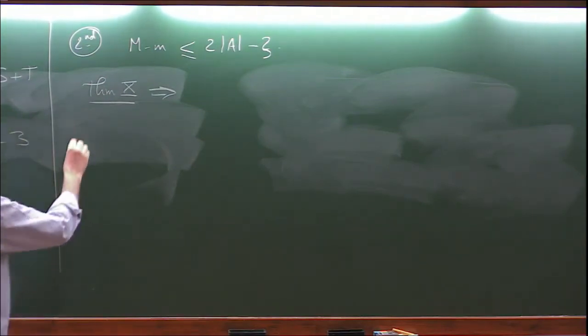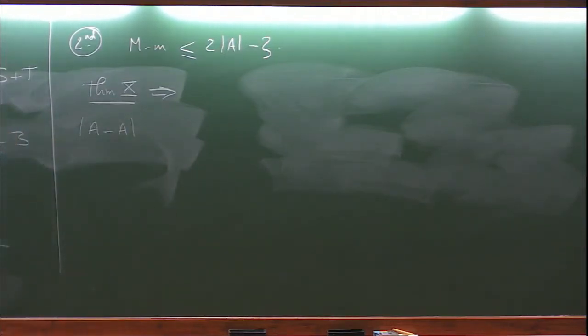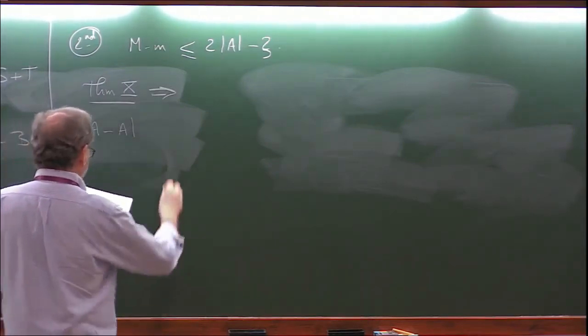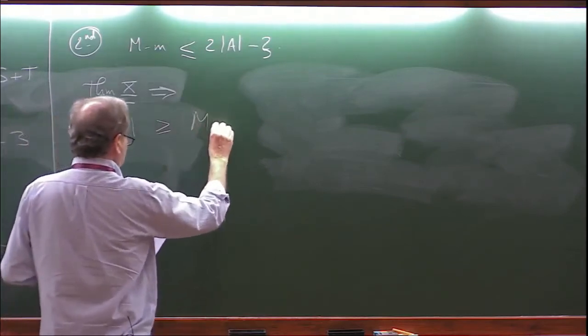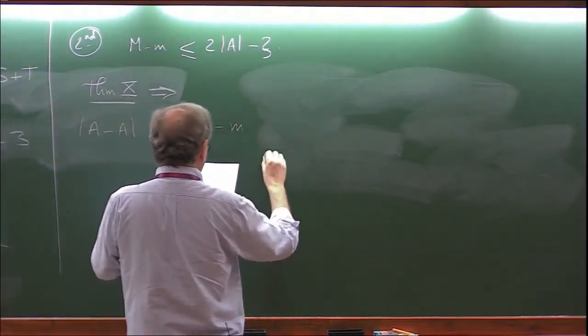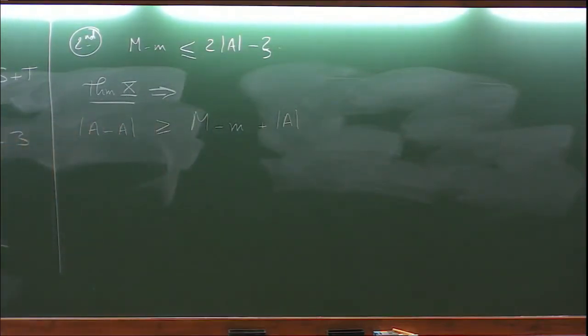Theorem 10 tells you that a minus a plus a minus a... Remember that a minus a is the same thing as a shifted set of s plus t. So the number of elements is the same thing as the cardinality of s plus t. And so m minus a this time is larger than the size of the set in which they are plus the number of elements. Okay? The size of the set where they are is M minus m, plus the cardinality of A, which is the cardinality of S or the cardinality of A, or whatever you wish.